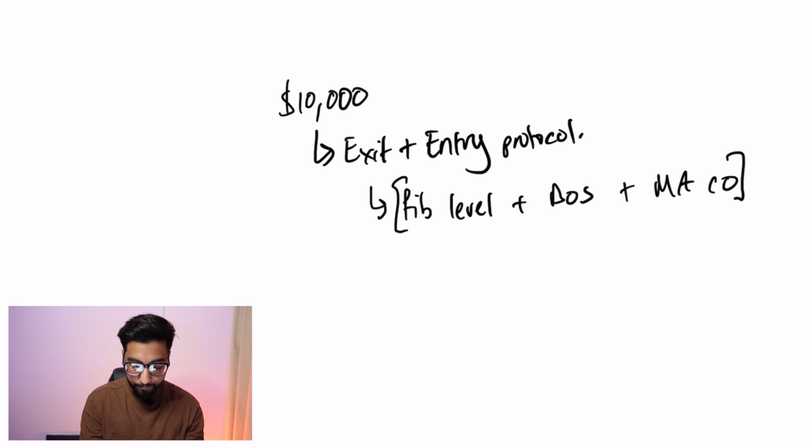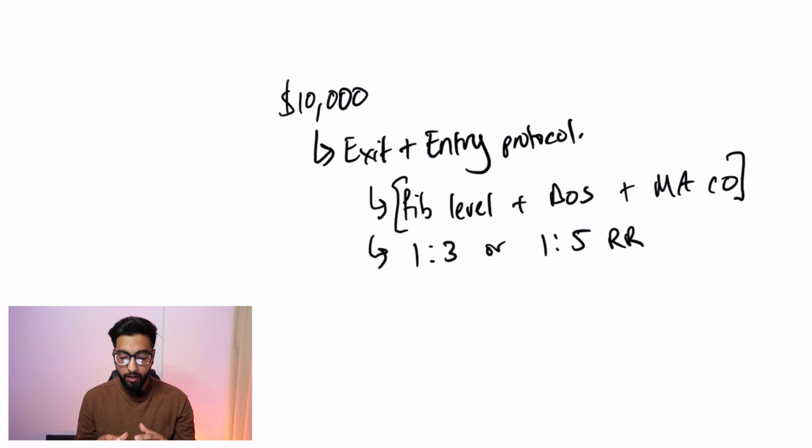Now my exit, right, will be 1 to 3 or 1 to 5 R. Okay, now this is just an example. I'm just making up on the go, but you have to write these notes down, guys. Okay, so for me, it will be 1 to 3 or 1 to 5 risk to reward ratio. 1 to 3, we could say a 50%, and 1 to 5, obviously, full